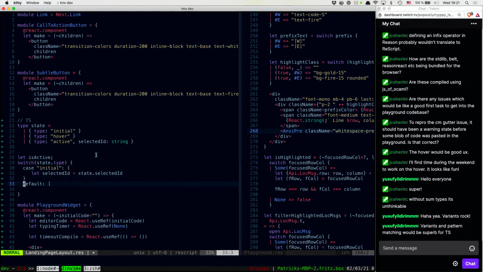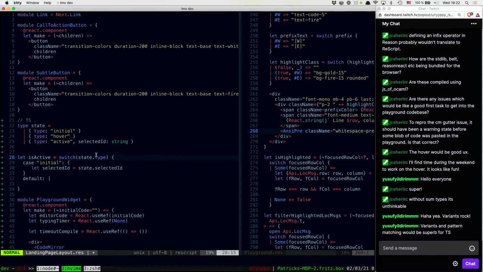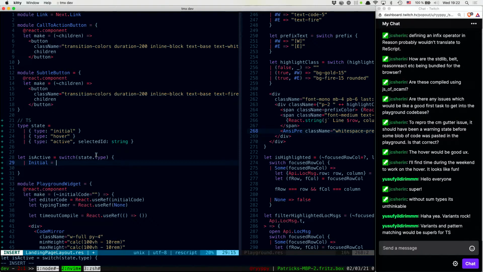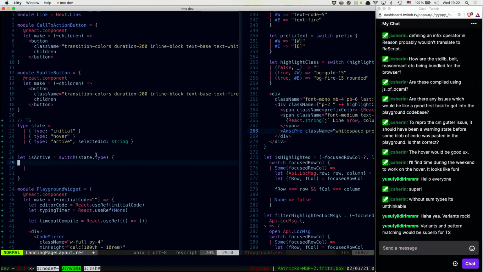There is no syntax-native solution for doing the same thing with ReScript, which is this let isActive switch, and then you have initial, whatever, then isActive is false, and actually it would be